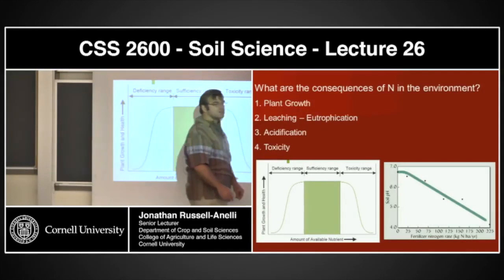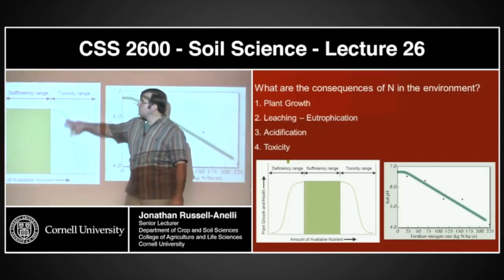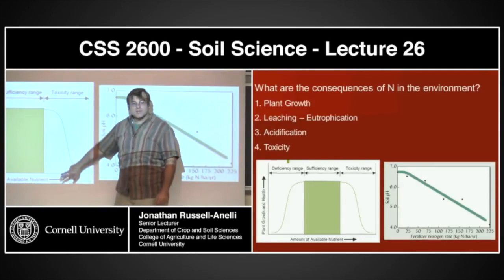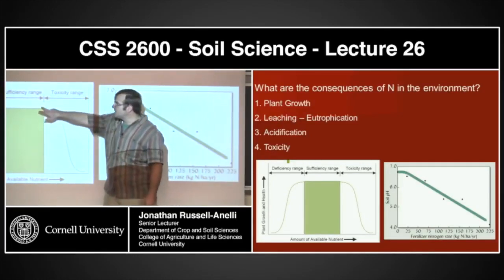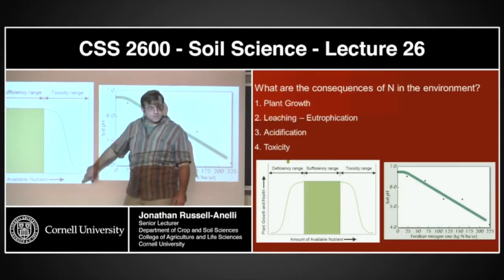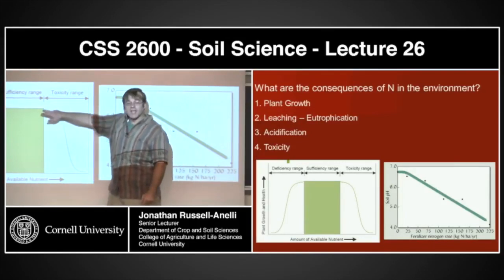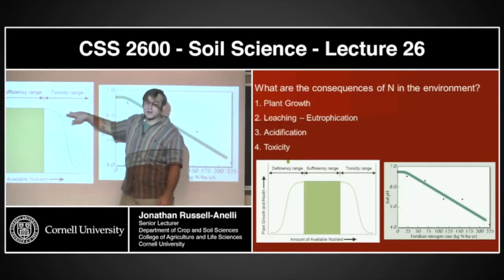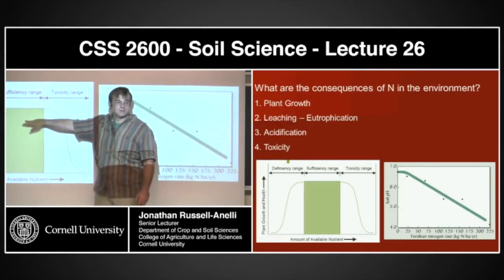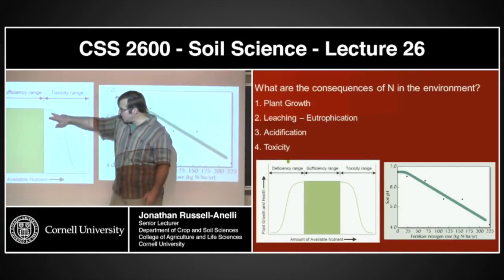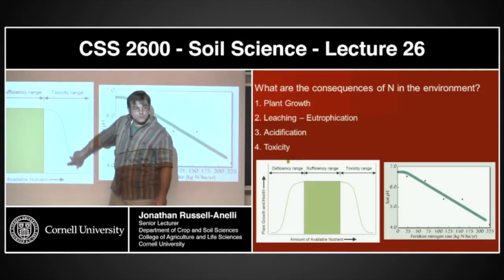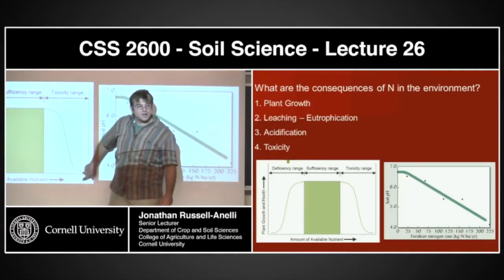Now, depending upon the type of nutrient, in some cases you'll reach a toxicity zone, and in some cases you'll get a range that we call the luxuriant range. In some cases that nutrient becomes a toxic factor in the soil, and in some cases it doesn't do anything. It just sort of sits here and the plant doesn't perform any better than it did at this level. Potassium is a really good example of that. Nitrate, you get high levels of nitrate, high levels of ammonium, and you see this type of response.